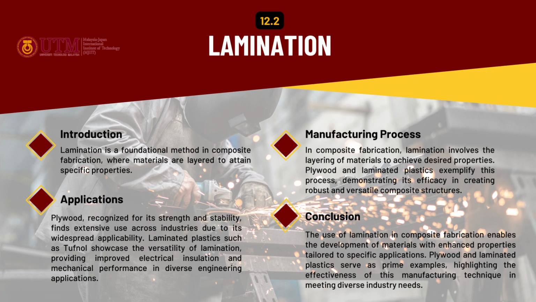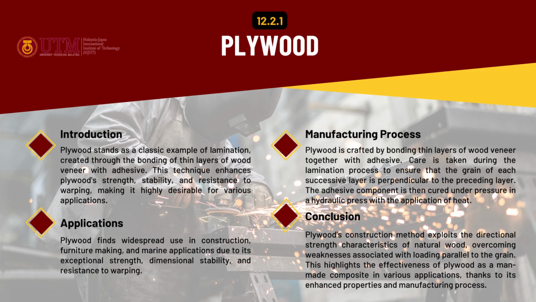And so the use of lamination in composite fabrication enables the development of materials with enhanced properties tailored to specific applications. Plywood and laminated plastic serve as prime examples, highlighting the effectiveness of this manufacturing technique in meeting diverse industry needs. Plywood. Plywood stands as a classic example of lamination, created through the bonding of thin layers of wood veneer